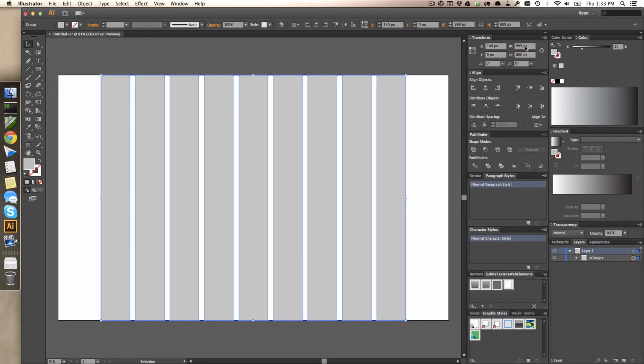This group is now 999 pixels, right? That original box that we created, the rectangle, doesn't exist anymore. We instead have these 9 paths. So that's why I jumped out, grouped them, centered those, because otherwise you'd have been off by about half a pixel. So you only have to do that if you change the box